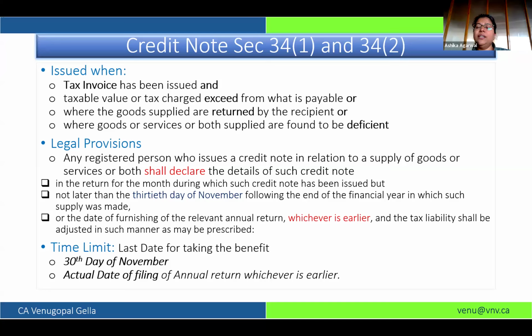But remember, the officers are very diligent, and they are checking the credit note part very thoroughly. So if they find that for 24-25 you have taken it after the time limit, they will disallow the benefit, though the GST portal has removed that check.